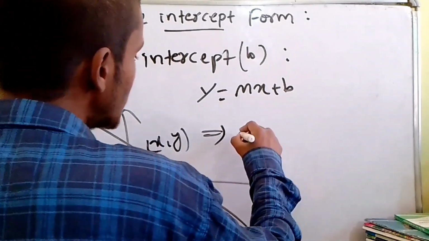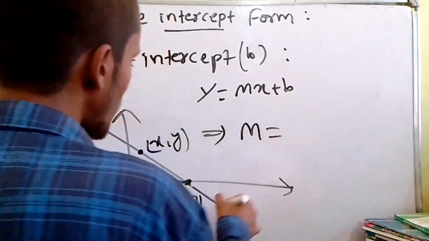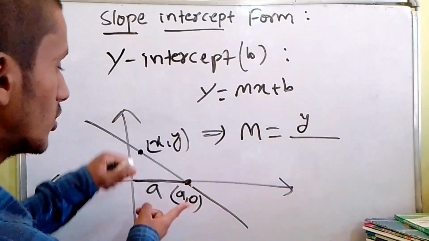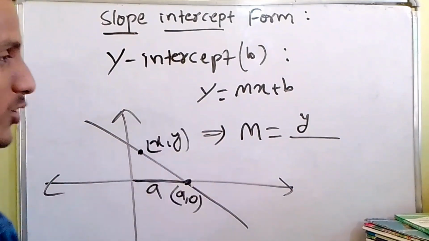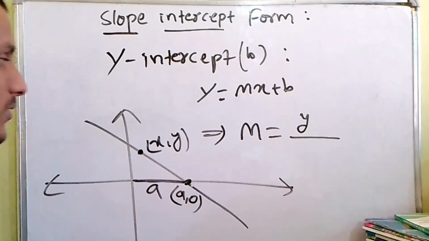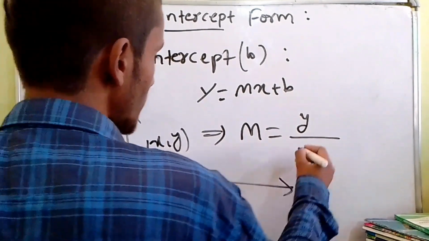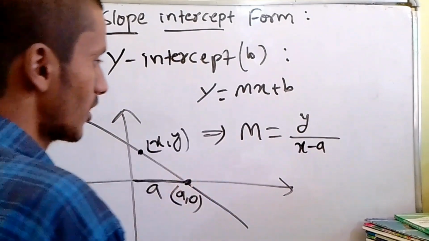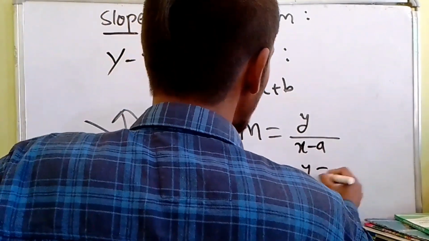m is going to be what here? The change in y, which is y itself, y minus 0. You can go that way also, 0 minus y. But if you go that way, then you also have to go that way in x. And here x minus a, because you subtracted this from this, so this also. Now this will be y is equal to m times x minus